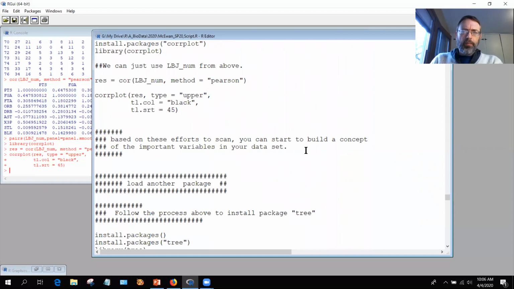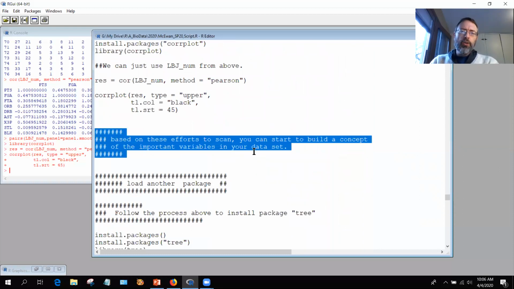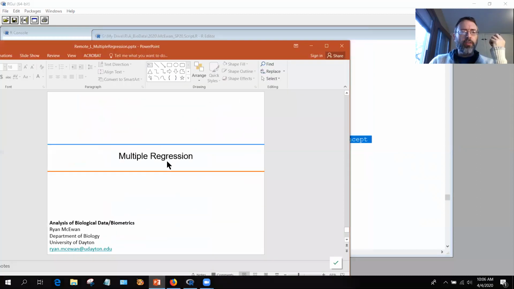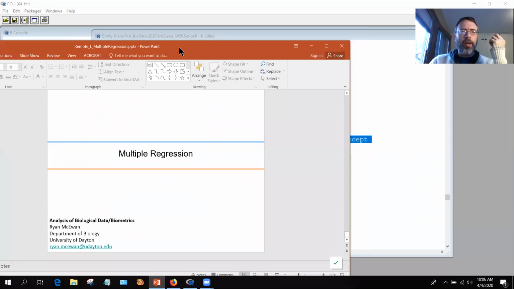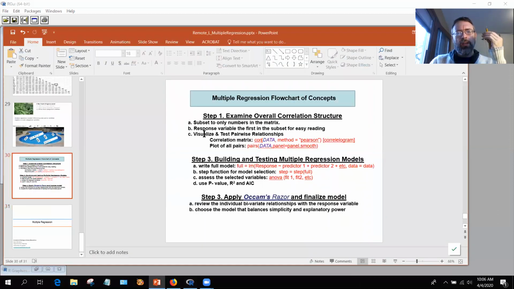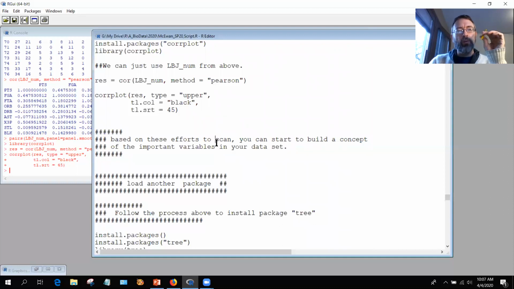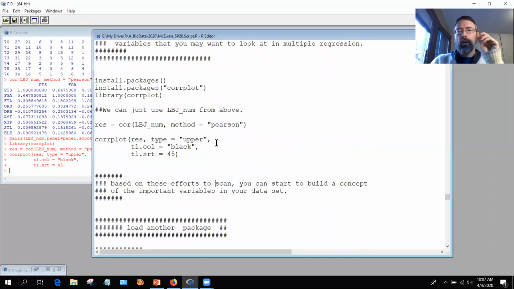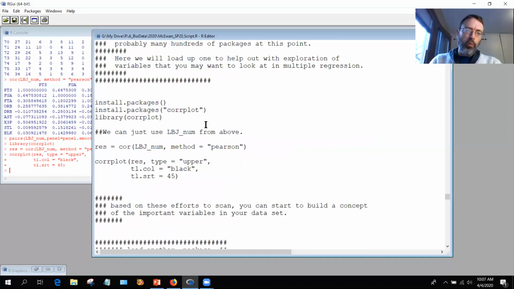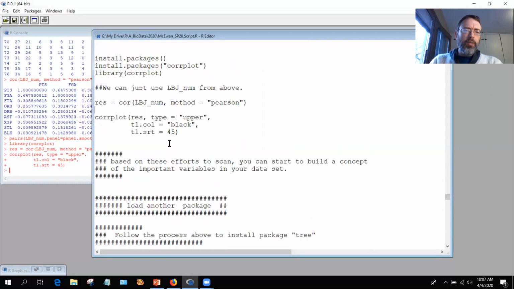Okay. So based on these efforts to scan, you can start to build a concept of the important variables in your data set. So if we go back to this part here: examine the overall correlation structure, so that you have an idea. And what I might do, if I had a big data set I was working with, after taking a peek at this,